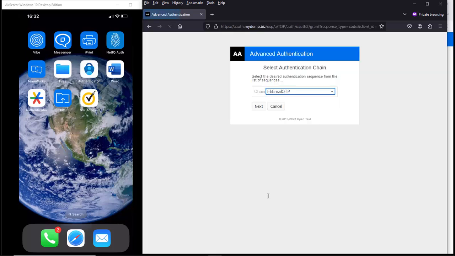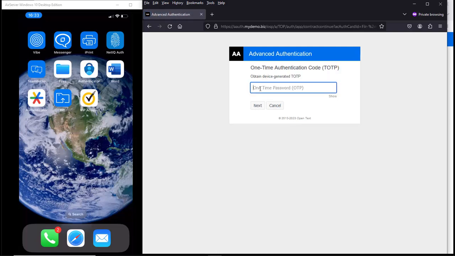So what I'm hoping for here is that we get the drop down asking us which chain we want to use. Obviously if I've only got one chain enabled, which may be easiest, it's not going to ask me this question. I've just got this so I can show you. If I hadn't done that TOTP registration, I wouldn't see this option here. So let's just do the TOTP option first, and if I do next,